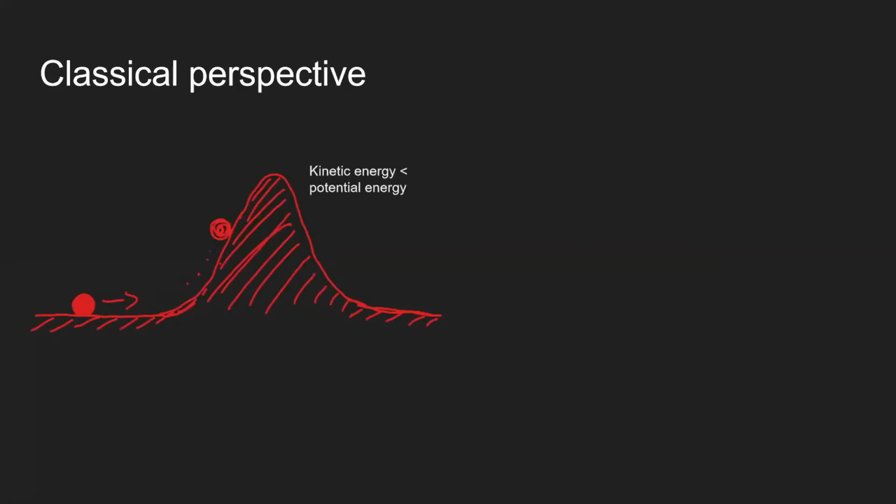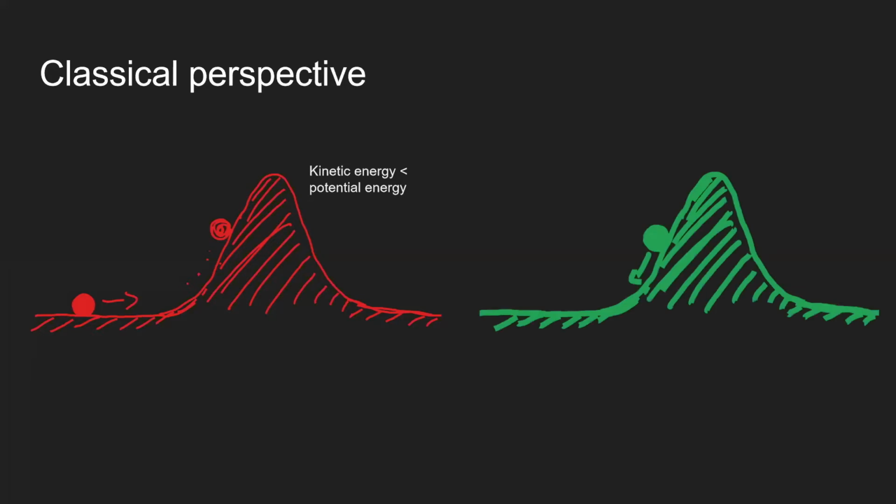As we all know, in classical physics, if a particle wants to climb a very high mountain, it must have enough kinetic energy to overcome its potential energy at the top of this mountain. Otherwise, it will fall back naturally, and it will never appear at the other side of this mountain.